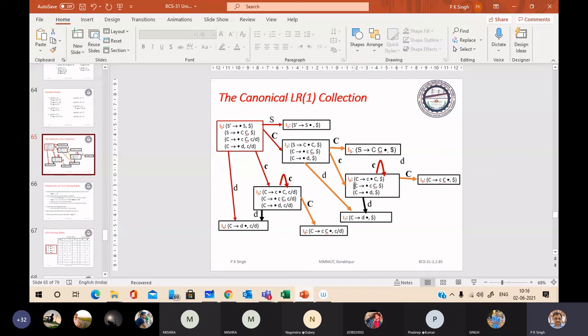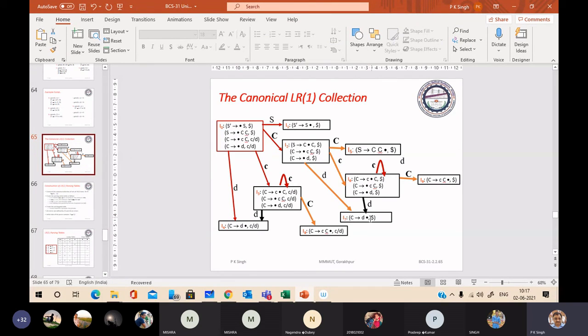Here you can see the core is same. Difference is only in lookahead symbol. Similarly, in 4 and 7, you will find core is same.